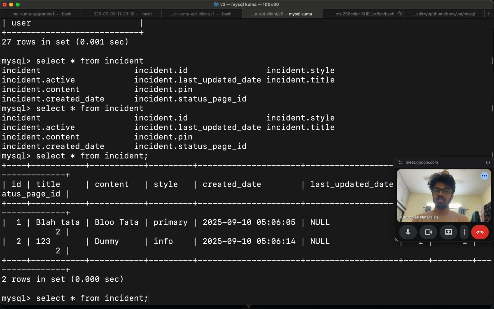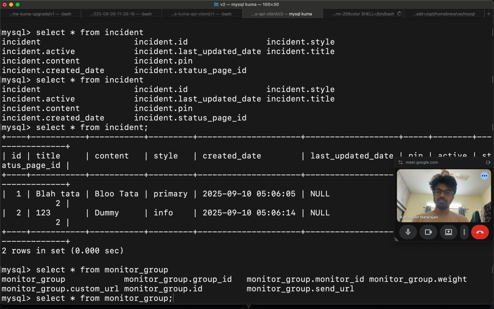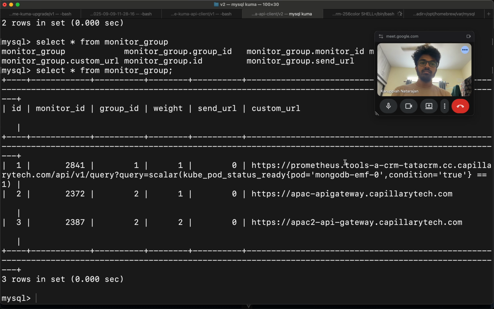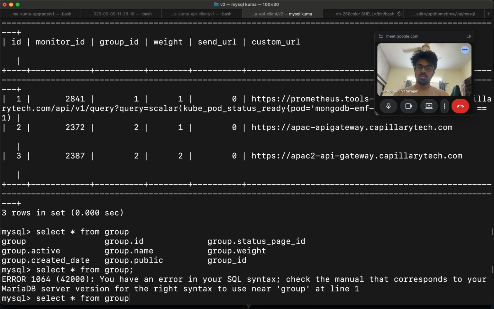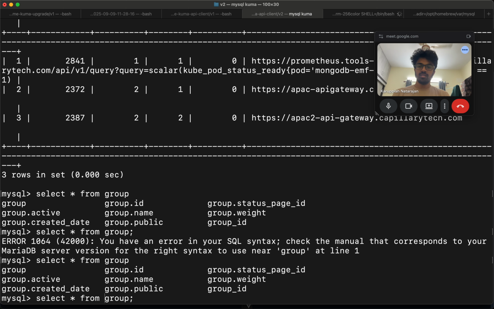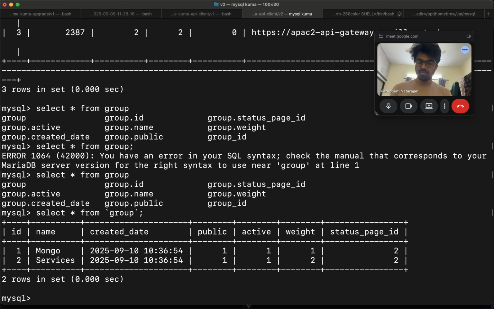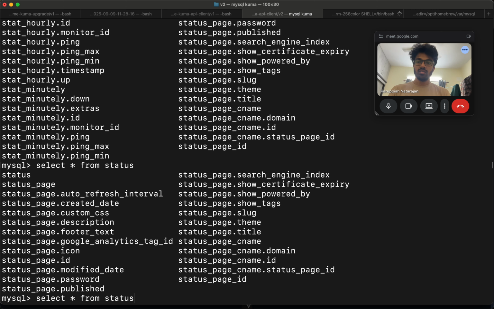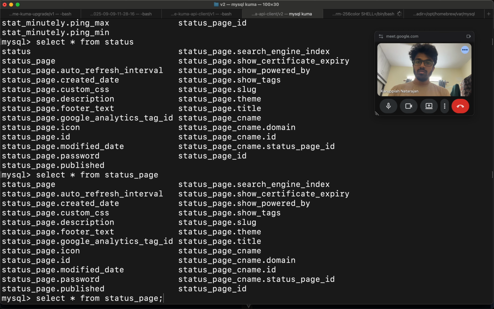So you have these, and select star from monitor group. You have these, and also what else? You have group. Oh, it's keywords. Okay, and then you have status page. Okay,